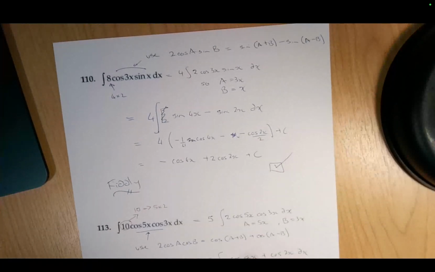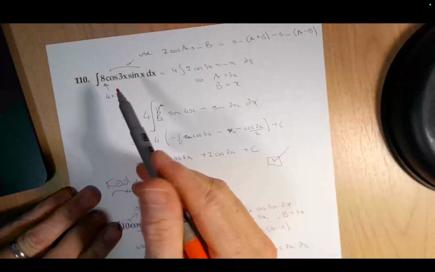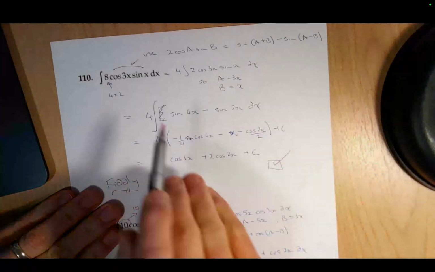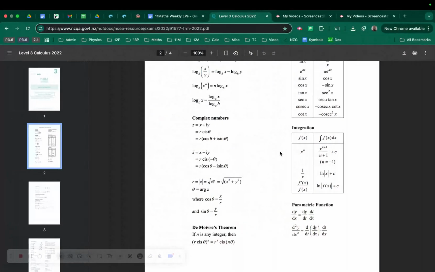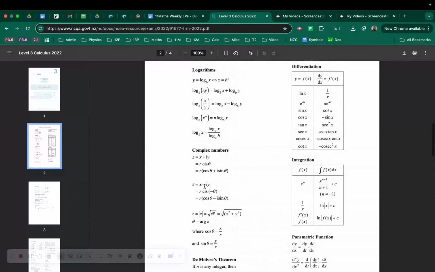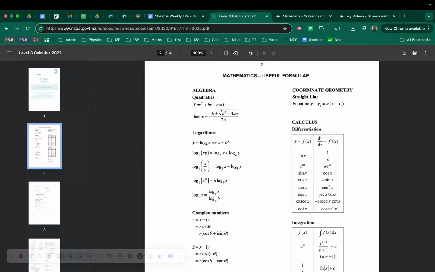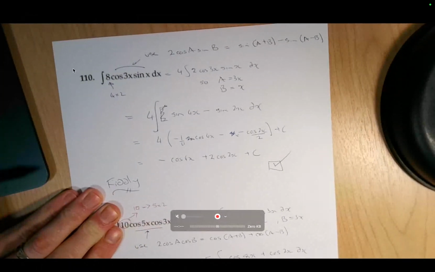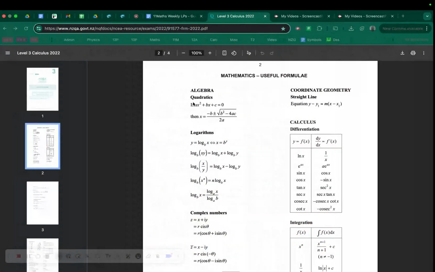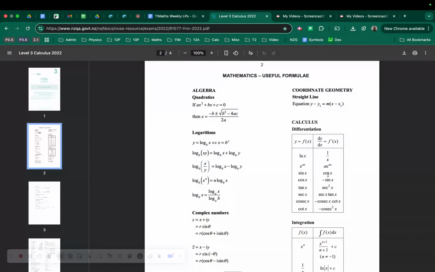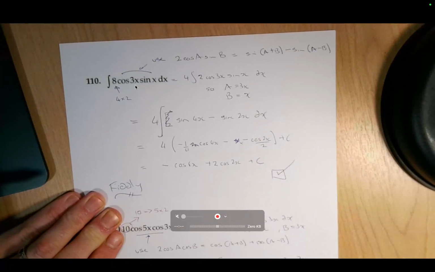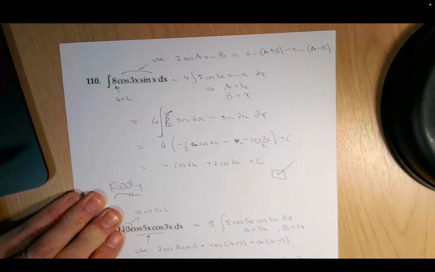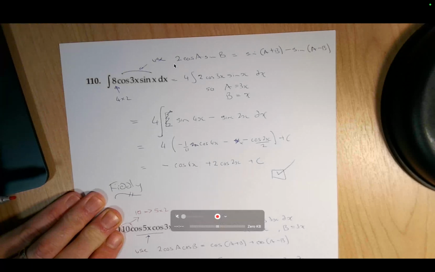Okay, this one here is a trig integration, and if you looked on the formula sheet, let's go down to this one here, you'll notice there is no cos and sine expression. Basically, you don't think differentiation, where we can do a product rule. That's differentiation. This is completely different. This is integration. So the trick here is, as I put up here,